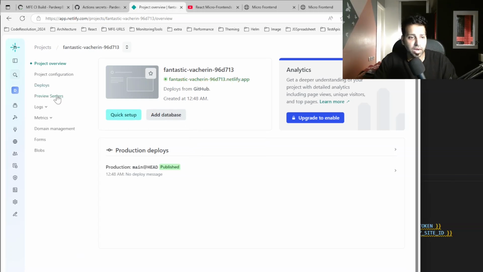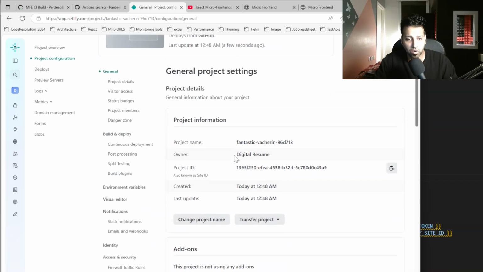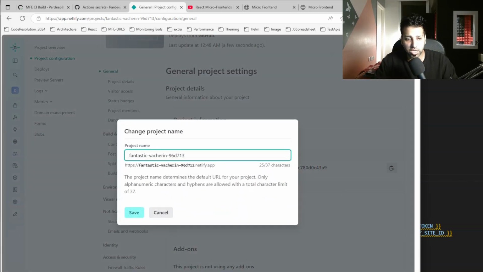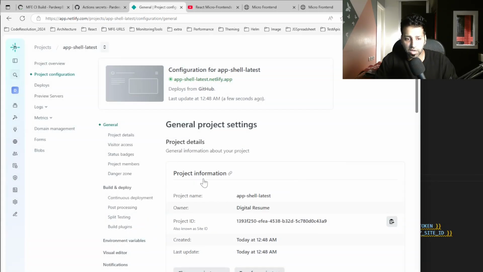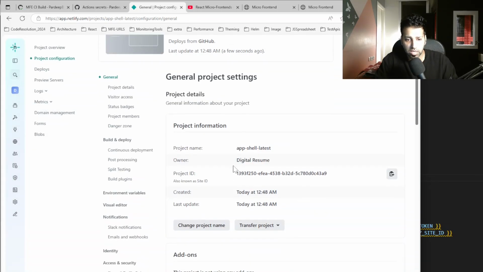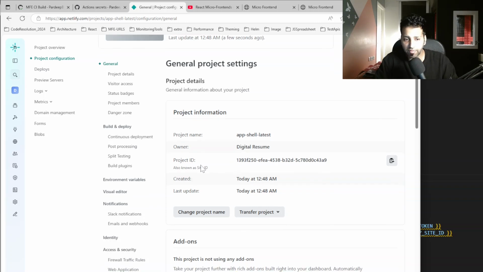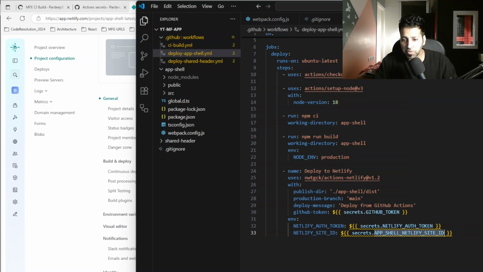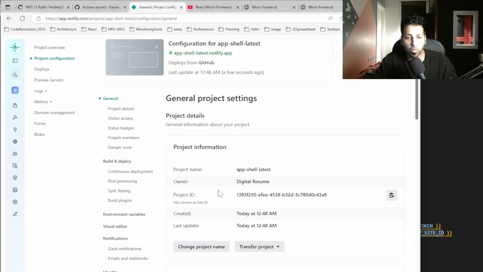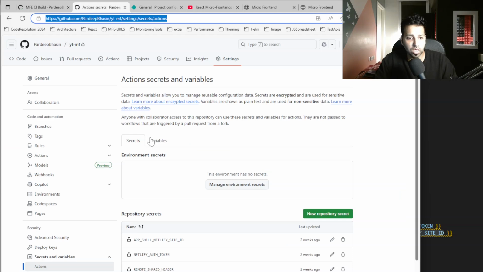I'm going inside the project configuration and changing the project name. Instead of the name given by default, I'm choosing app shell latest. Changing the project name, okay, save. I'm saving it. Now you can see we have the project ID. This project ID is called the app shell Netlify site ID. Now I'm going to take you to the